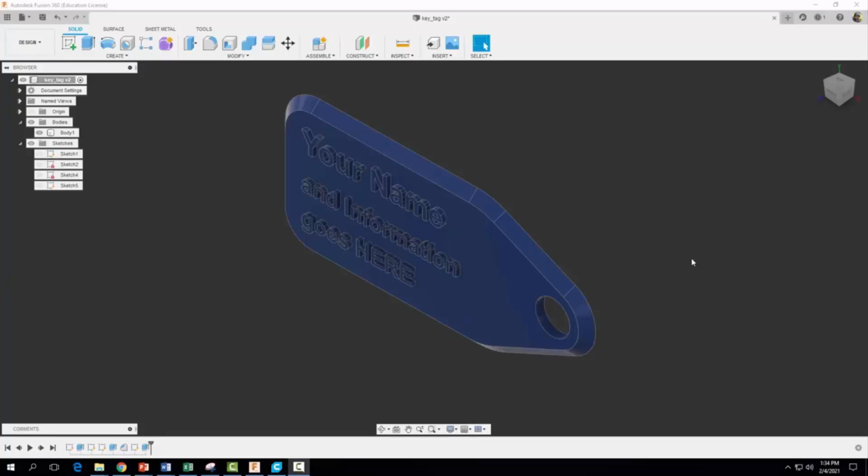Hey everyone, welcome back. In our last video, we learned how to design the object scene here. But in this video, we're going to learn how to export our designs as an STL file to Cura slicing software. So whenever you're ready to 3D print one of your designs, you want to come on over here to